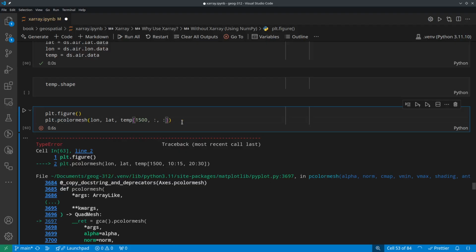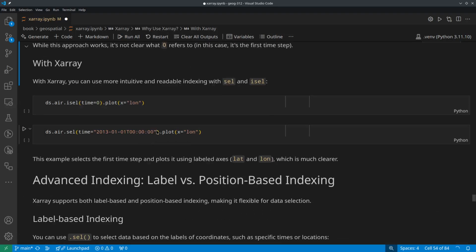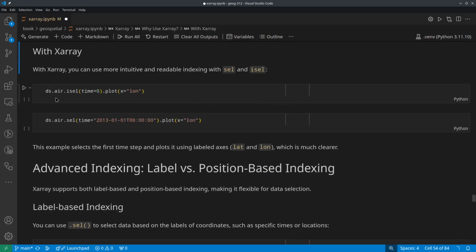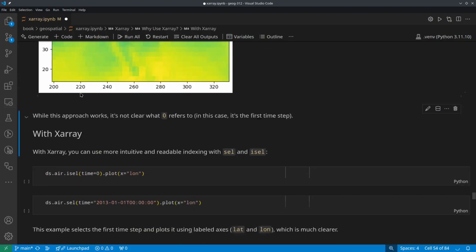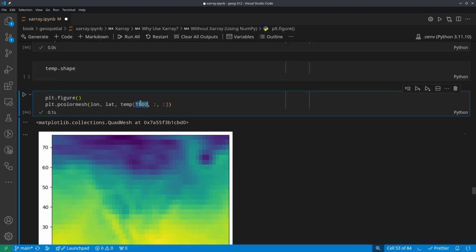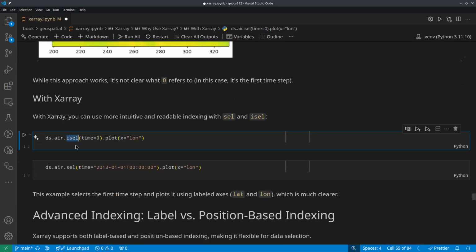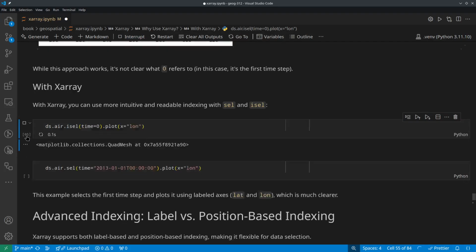So like I said, this is just using the plotting mesh, basically just doing the interpolation. So now let's take a look at how we do that using Xarray. This is where the so-called label, the multi-dimensional label, is really useful. Compared to the previous one, where we were just using this absolute number, right now we're using this isel. isel means it's the indexing. So we're selecting the first time period, and then we can do the plotting, for example,